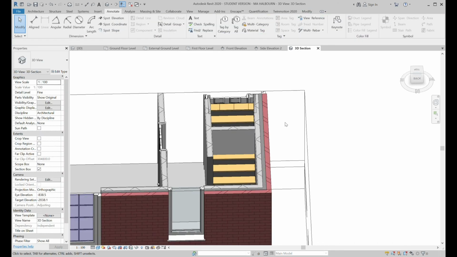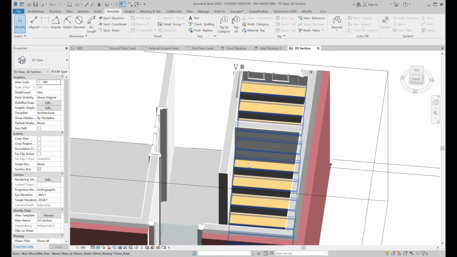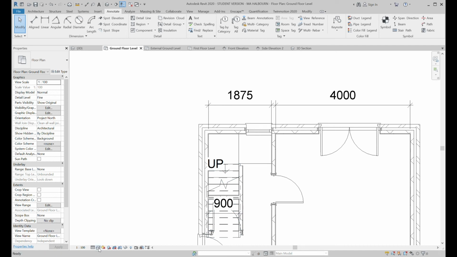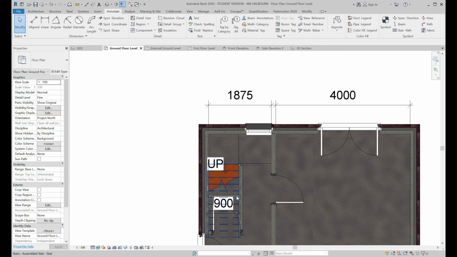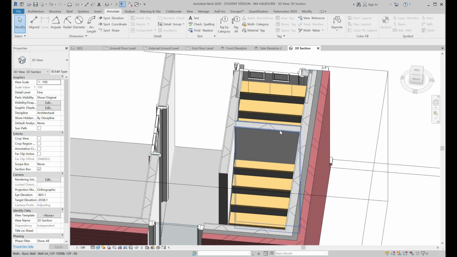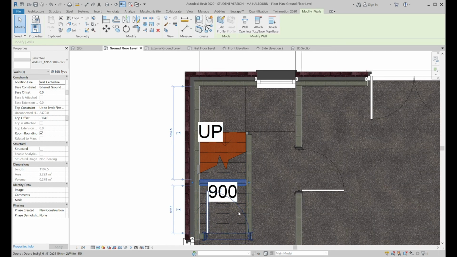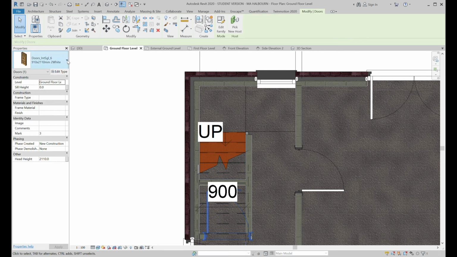Okay. So, back to the ground floor level. I'll just put realistic view on. You can see that this wall in the 3D section view is poking out on the stairs. So one, I need to make that wall lower so it just hits the bottom of the stairs underneath. But two, I'm going to just move it a little bit as well. So I go back to the ground level. If I move that, it's got to clear this door. But this door, I'm going to exchange for a slightly smaller door because it's not a very big space that this door's in. So if I put a 810 door in there instead,